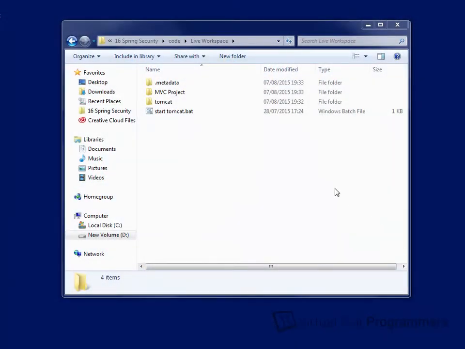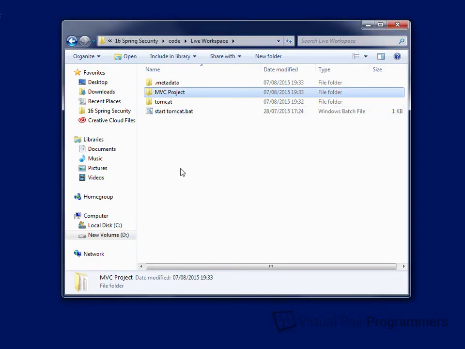In the Practicals and Code folder for this course, which you can download by clicking on the zip link on the course page, you'll find a workspace folder. The contents of that folder include a project folder in there called MVC project. And as with all of our other courses, we want to keep things as simple as possible. So we have included a Tomcat folder. And our build process is going to build a WAR file, and the WAR file will be copied into that